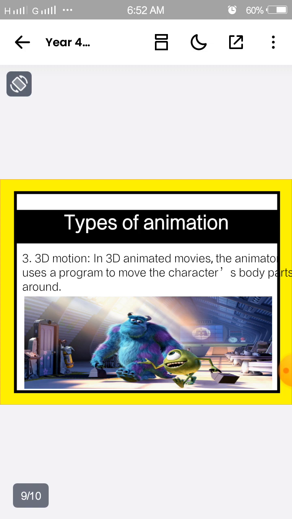But the difference here is that they have to create it like a real object first before they can move it. So in 3D animated movies, the animator uses a program, that is a software, to move the character's body parts around. So if you watch most of the cartoons like Killer Bean and the likes today, you will see